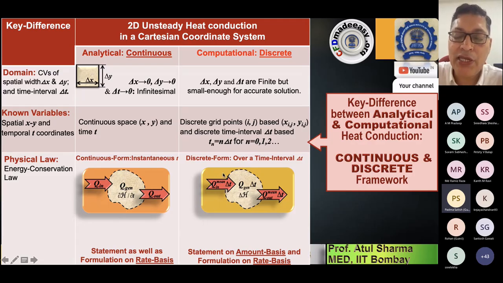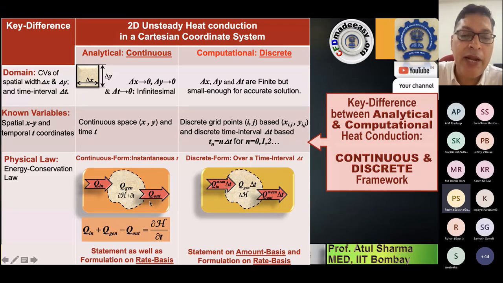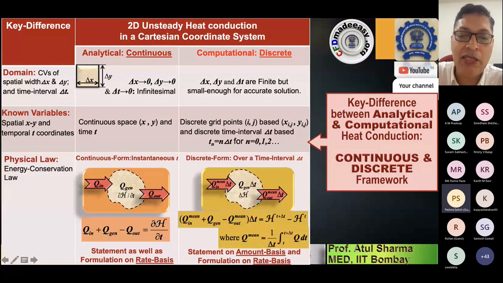So this is the discrete form of the conservation law from where we start. In our undergraduate heat transfer course, we apply the continuous form of the energy conservation law to derive the energy conservation law in heat transfer. Whereas using this discrete form of the energy conservation law, I showed in the book how to derive it first in terms of the variables and finally in terms of the temperature.